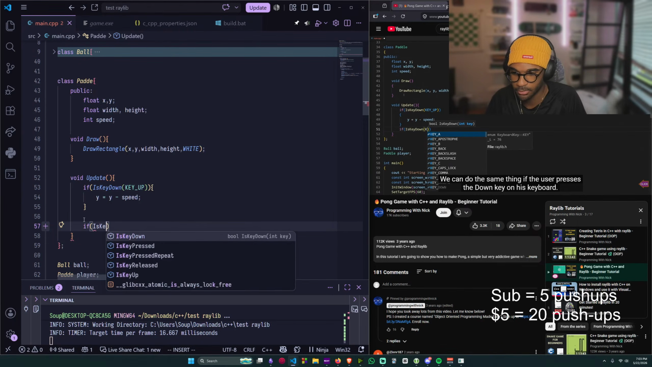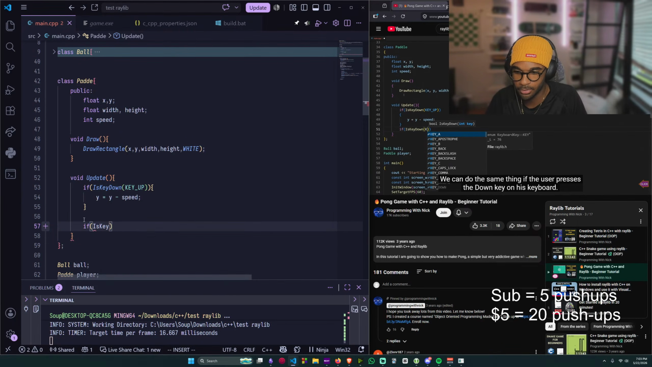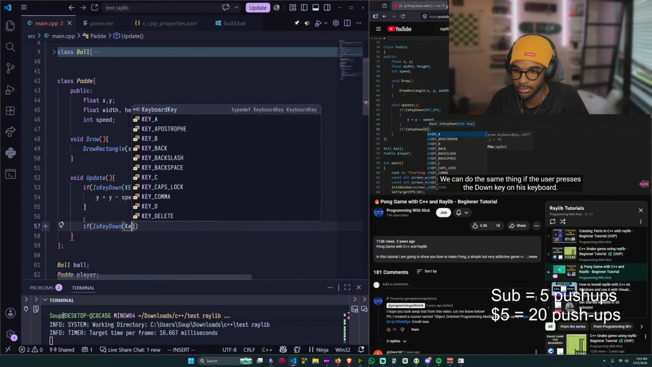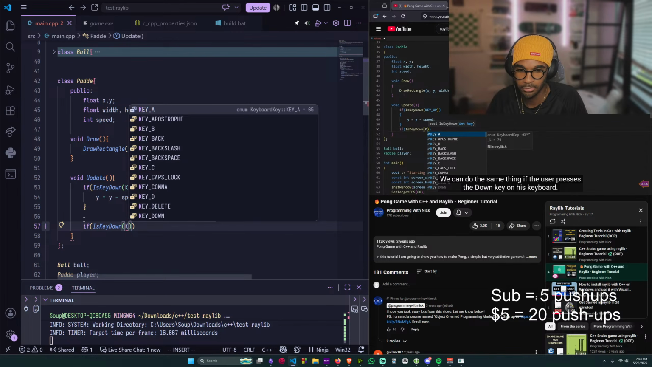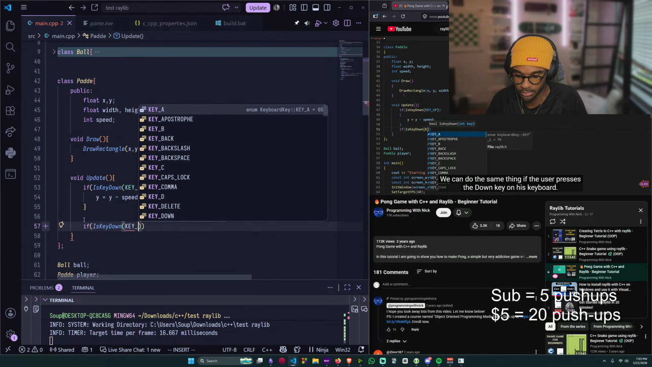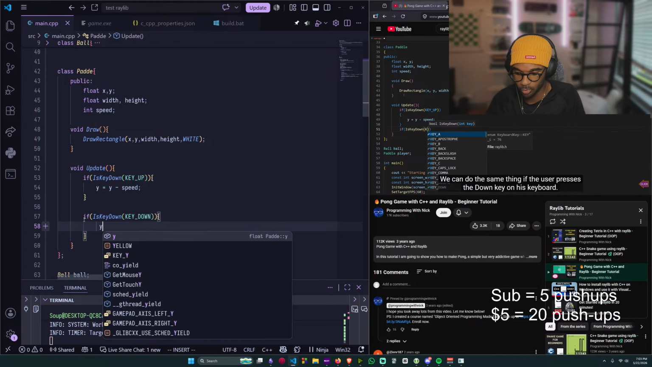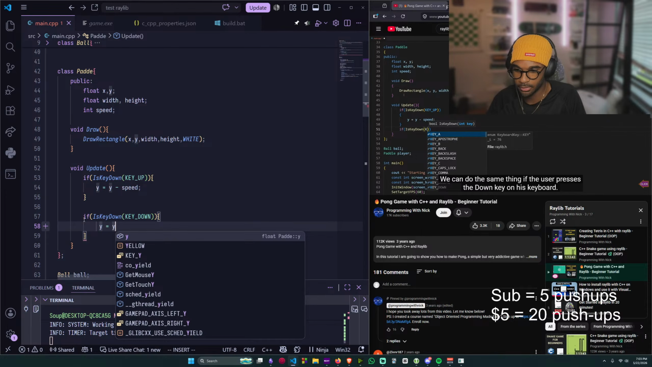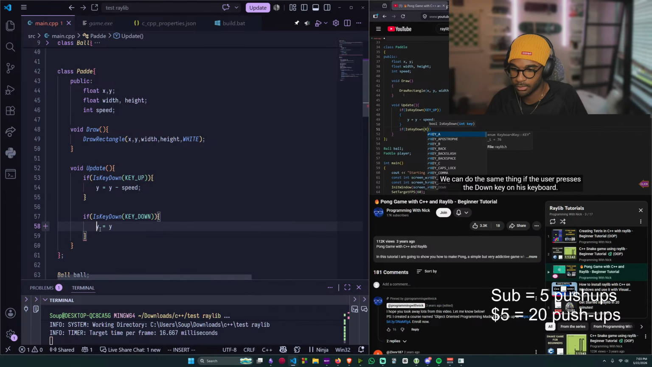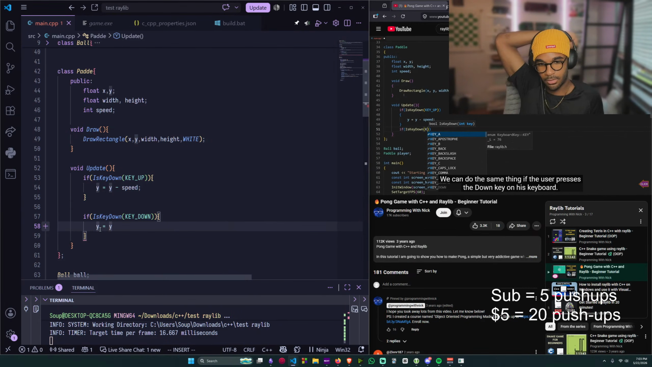If is key, I don't know, up. It only goes up and down actually. But isKeyDown, and then we put key back? No. Key down. Y equals y. So if you go down, wait, y equals y minus the speed? That means,